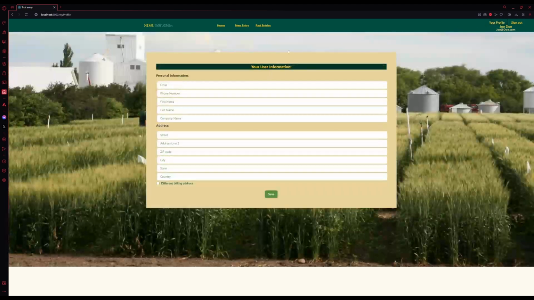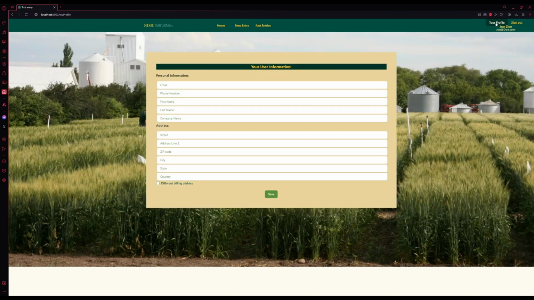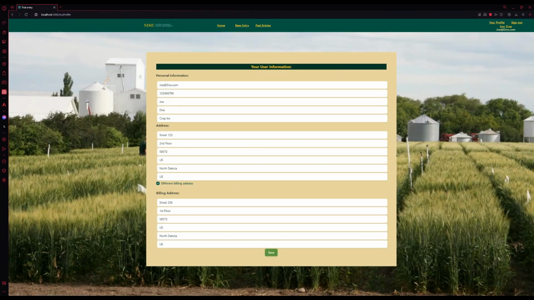Let's say that you want to change anything about your user profile. We can do that right here in the Your Profile section. Let's say that this user actually decided to add a different billing address from their shipping address. So if we change this around right here, we can do that. There we go. We save that, and then we re-access the page. It'll actually load in with the different billing address,